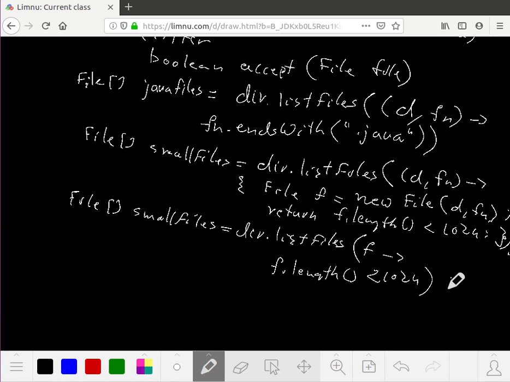So file filter would be more convenient. File name filter was convenient in the first case because our criteria was related to the file name. The criteria was that the name of the file has to be ending in .java. The second parameter is what we were working on. But if we have something about the information of the file itself, other than the file name,